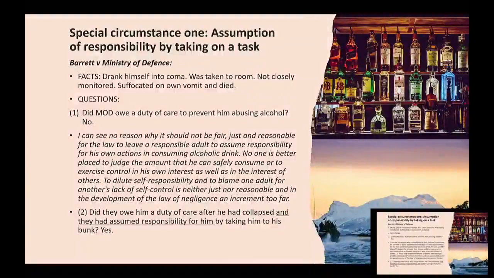But outside an employment relationship, I wonder if there would be a duty of care here. You know, there is a risk that if you impose duties of care on Good Samaritans, people who try and help, or rescuers performing a rescue, you put them off. Would they have been better off to leave him where he was? So if a group of flatmates go out and they bring home their flatmate who has drunk too much and put him to bed and don't monitor him, and they then choke on their own vomit, I don't know if there's going to be liability in negligence there. I think the fact that this was an employment relationship was probably quite significant.